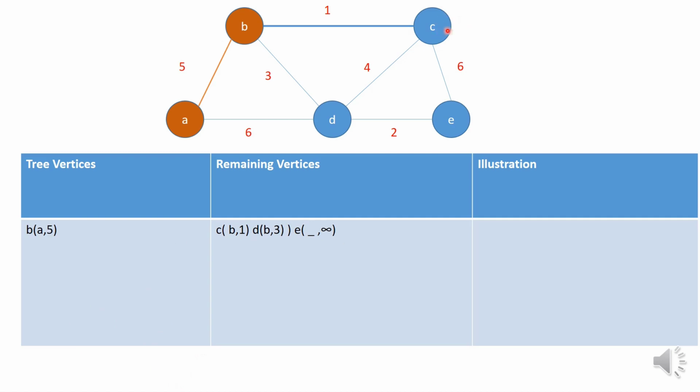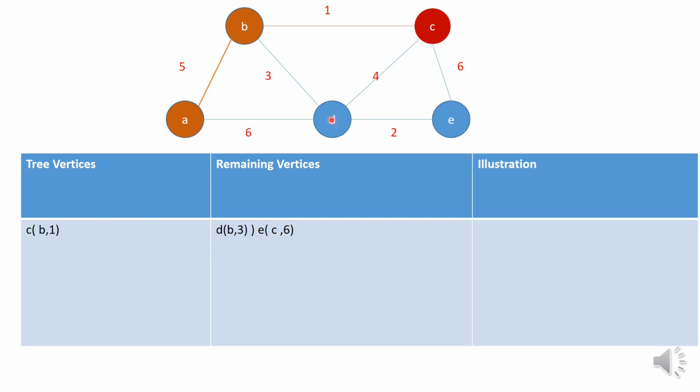The vertex you have to add to the tree vertices is C. So C I will add to the tree vertices. So now I have added C to the tree vertices. So now in the tree vertices you have A, B and C. So third step, I even added C. So which are the remaining vertices? D and E. Now we have to find the near vertex and the minimum distance to D and E.